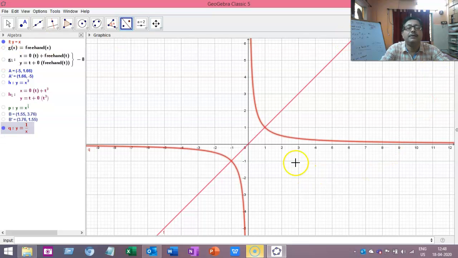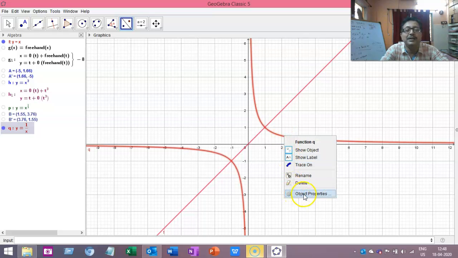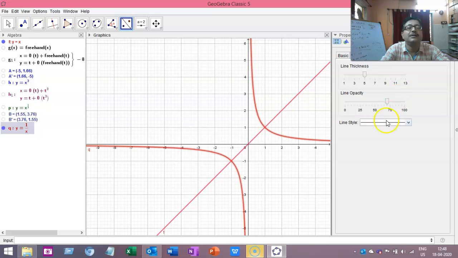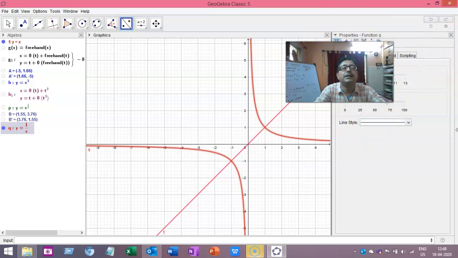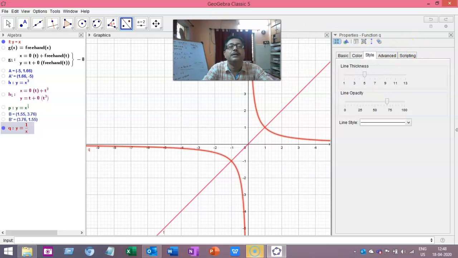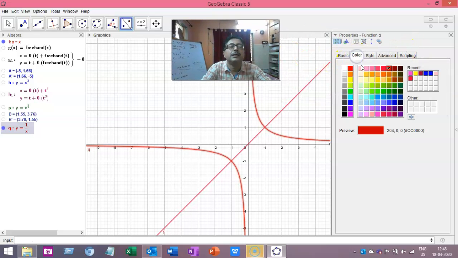This graph, how does it help to understand the reflection? Will you get a different curve over there? I am changing the color of this because it has the same color over there. So I am changing the color here. Yes, this one I made blue. Now what is the inverse function of y equal to 1/x? And what is the result if we reflect about the line y equal to x? Do they give the same result?